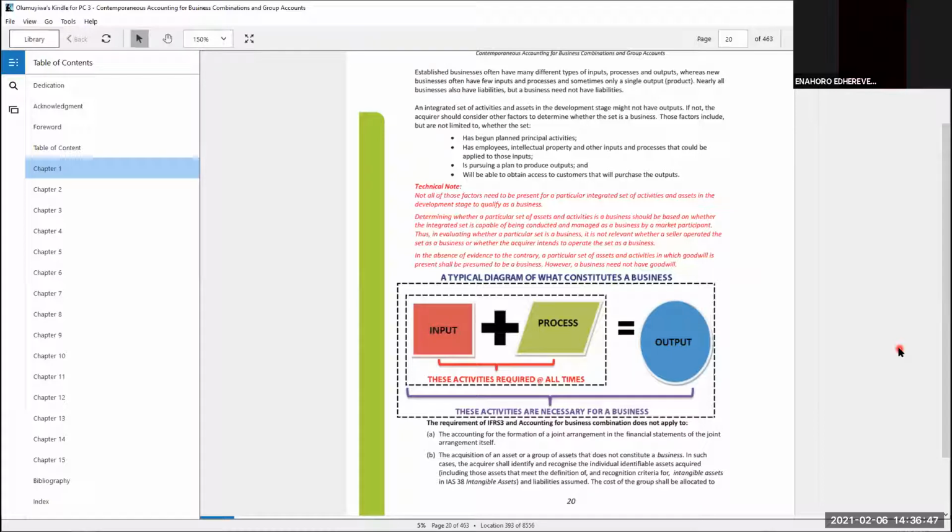Now, in terms of business combination, look at it from the perspective of having more than 50% ownership of a business. For instance, that is a business combination, and then you consolidate. But there's another type, for instance, where you acquire and merge and become one. Do you still call that a combination?